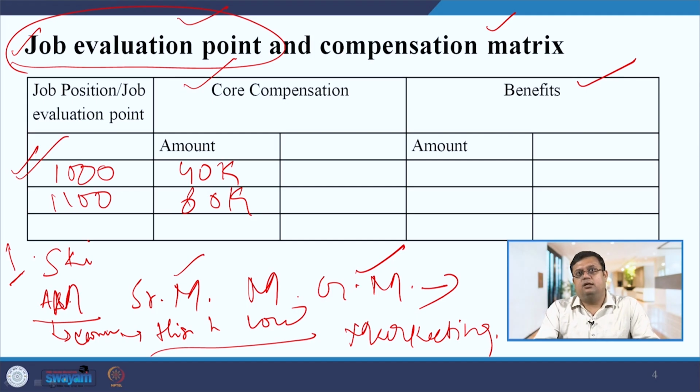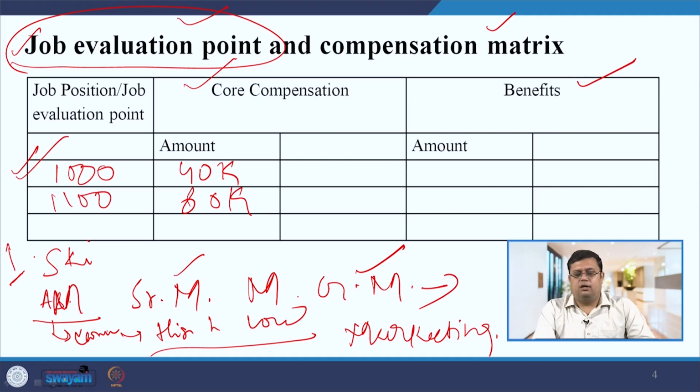You can decide that interval, after 2 years, after 3 years, or after 4 years, whatever interval you decide, and then you need to check the compensation in your organization. So whether the job evaluation points and compensation are aligned or mismatched. If mismatches are there, that gives the signal that job compensation parity is not there, that equal amount is not being paid for the deserving candidate. Such kinds of issues may occur in the organization.